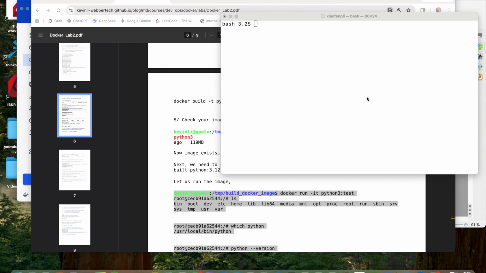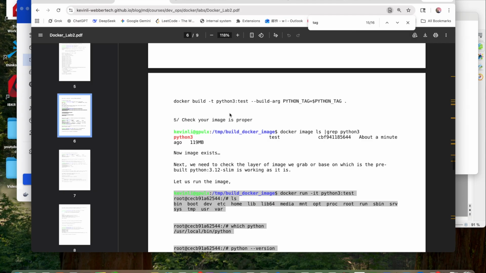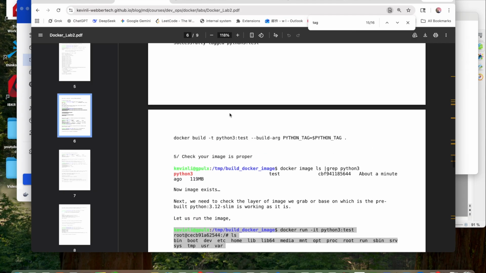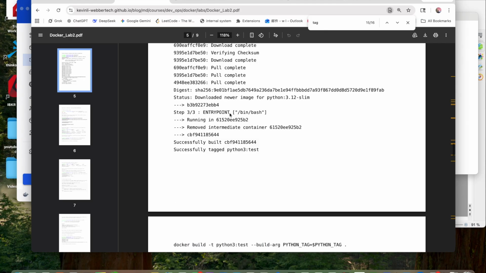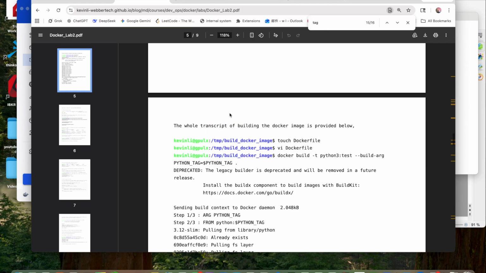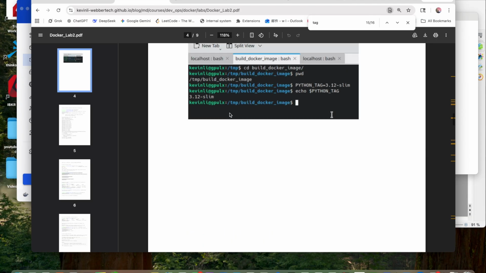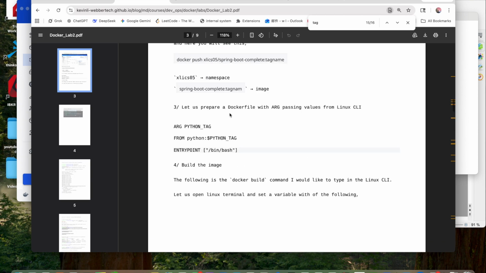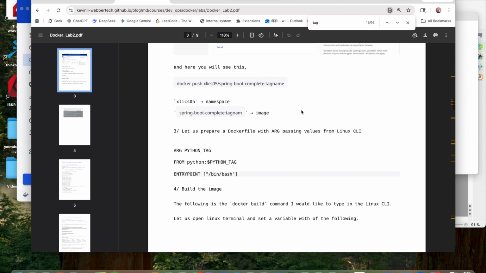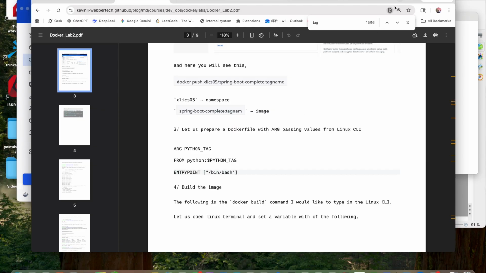In this video, I am going to show you how to tag and push your local Docker image to the Docker Hub. So in our previous video, we have seen that we can create a repo, and I'll walk you through the Docker registry in Docker Hub. In this example, let's continue with this lab, and then we are trying to see how we can build a Docker